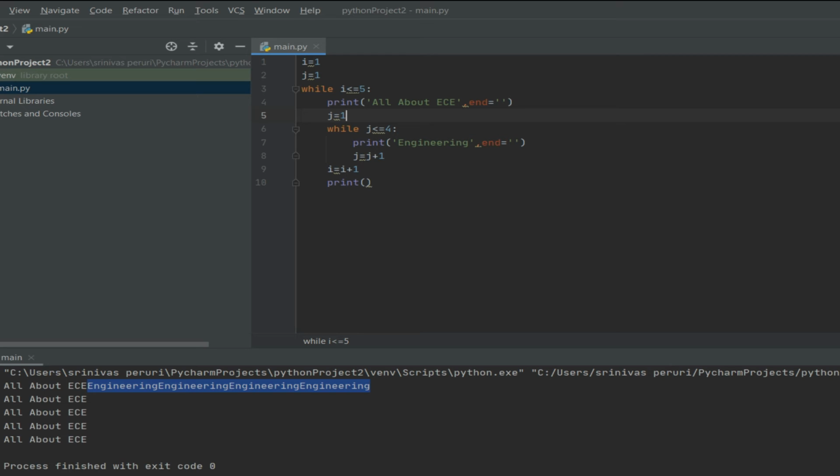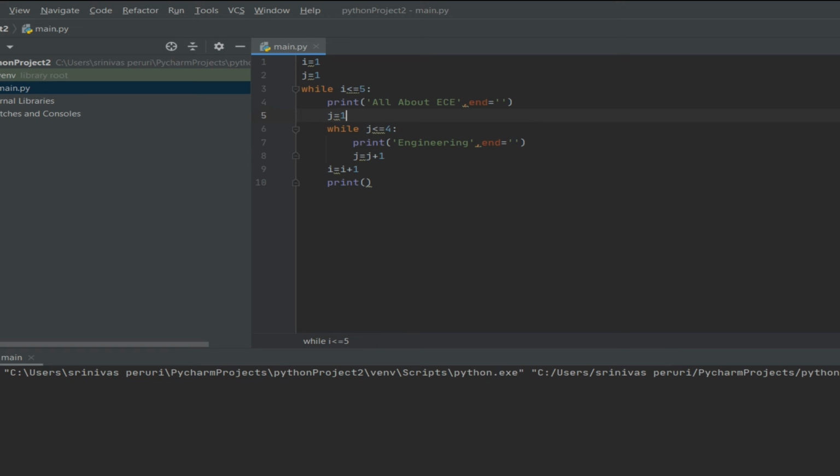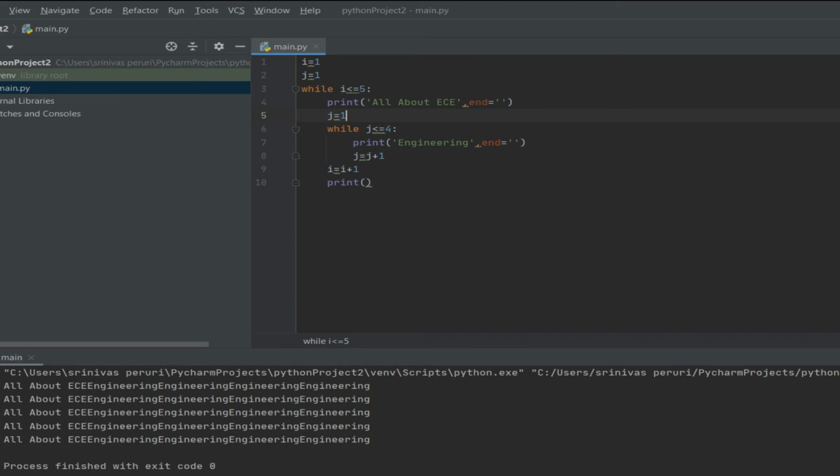If you remove that reset, in such a case it is printed only one time, but I want 4 lines. So I need to update the value of j each and every time. Let's run this one and see whether I'm able to get it right. I need a space in between all these things, so I can add a space also.